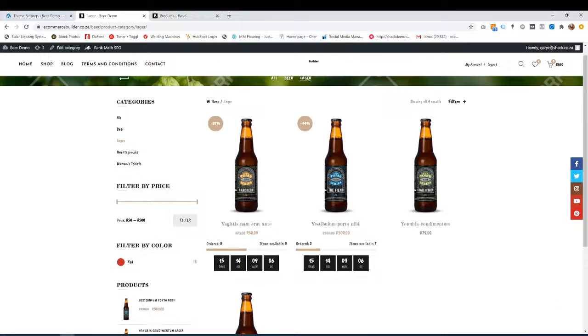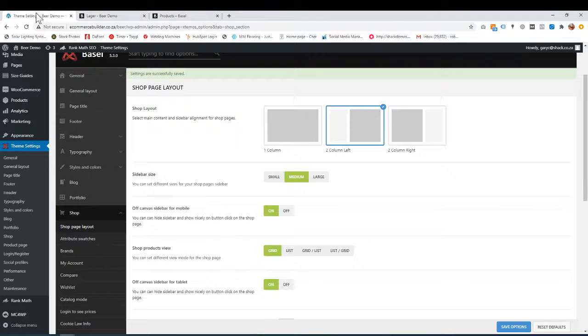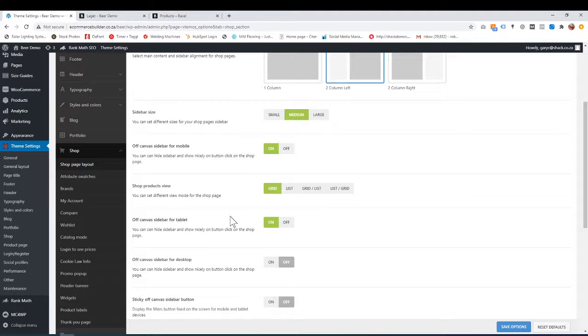It's quite nice. It's got filters and all that, but we'll show you in another video. If you have a sidebar, how big do you want it? At the moment, this is medium. You can have large or small. Off canvas sidebar for mobile. So that's basically saying